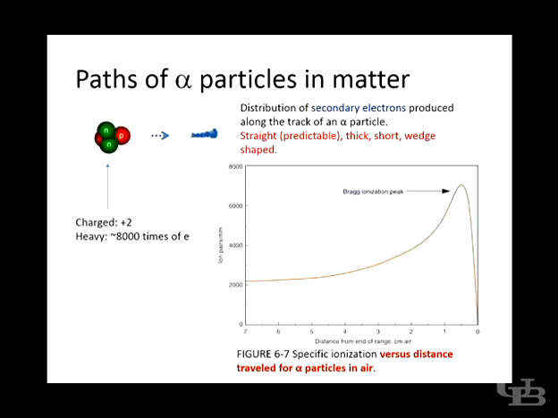Radiation therapy is about delivering radiation energy to a target. So given that you know the alpha particle can go straight, and you know where it releases energy the most, now you have the ideal radiation therapy tool. So that's how we can relate the science with the purpose. Okay.